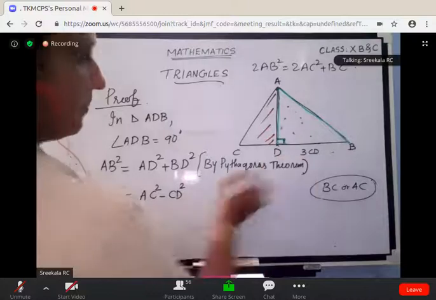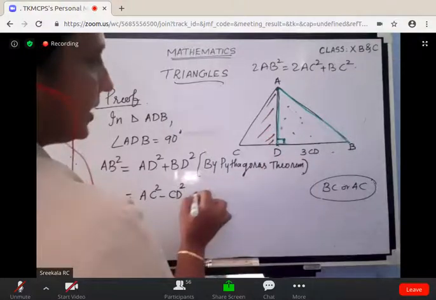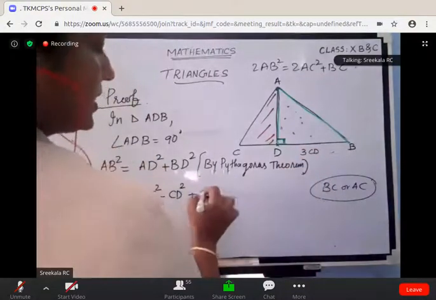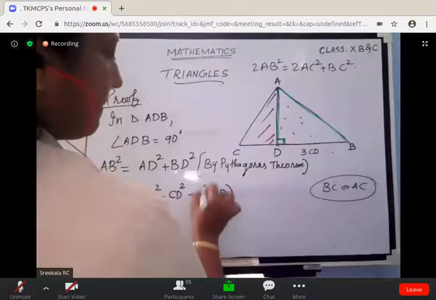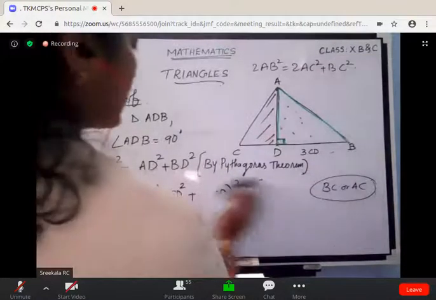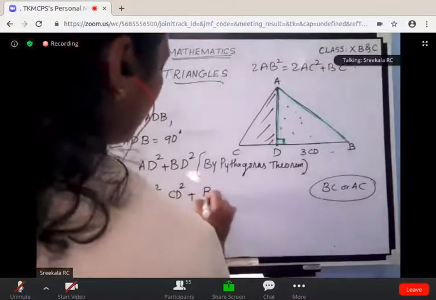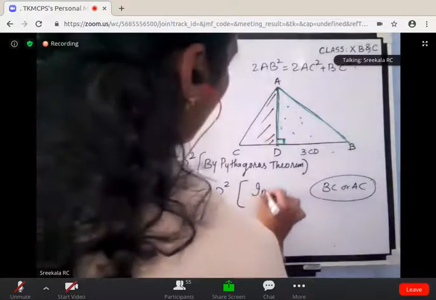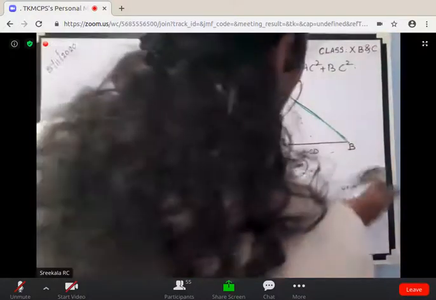plus BD square. BD can be written as, given that BD equal to 3CD, BD equal to 3CD the whole square. So from here, otherwise we can write this as BD square itself, then the bracket you have to write. How to get this? In right triangle